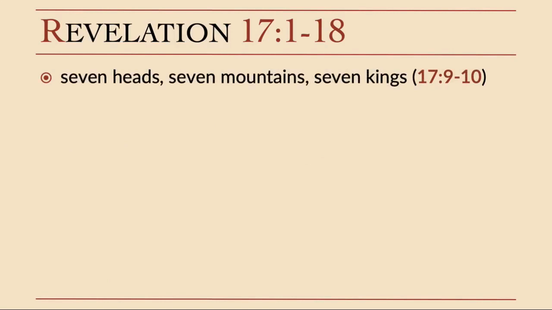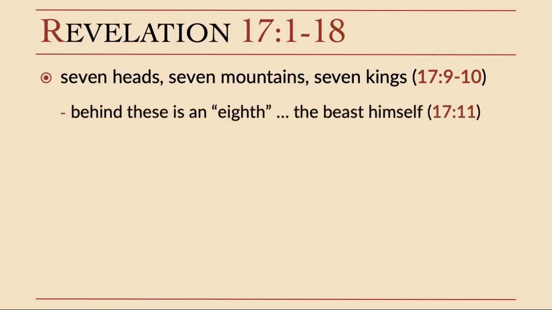So behind these, there is an 8th, and that 8th is the beast itself. Okay? So as for the beast, verse 11, that was and is not. It is an 8th, but it belongs to the 7th, and it goes to destruction. So the 8th, the beast himself, is an 8th, but it belongs to the 7, and it's going to go to destruction. I understand this is very confusing, and when we look at what I just put up there, you may say, well, that doesn't work at all. I grant that. Again, it's very hard sometimes to understand all the symbols that are going on in this chapter